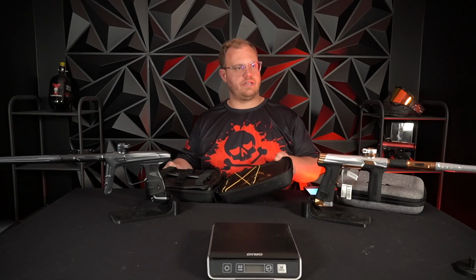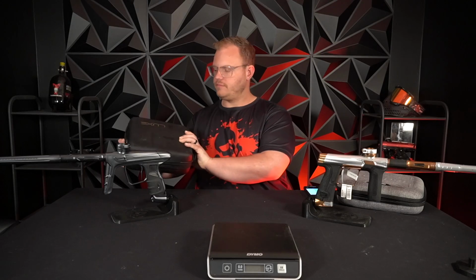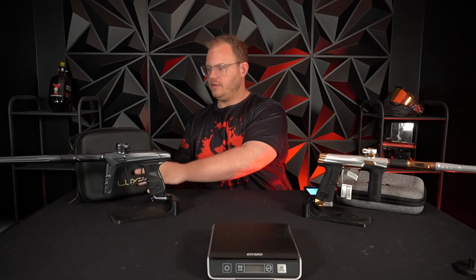I personally think that this packaging just makes more sense. It looks better, but I like the idea behind the Luxe. Why? Because it's more complex, like you've got special spots for everything? Yeah, it's way more organized. Interesting. Okay. And I don't have to carry around the whole case if I just want my gun and barrel. Put a microfiber in that one little case and I just take my...